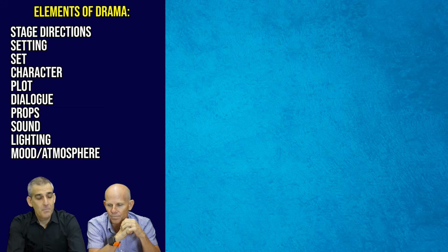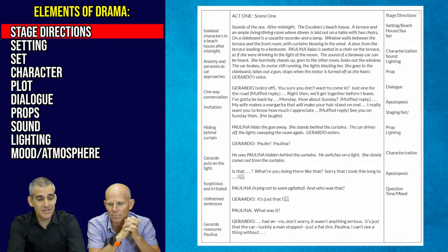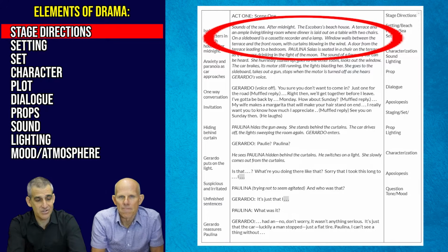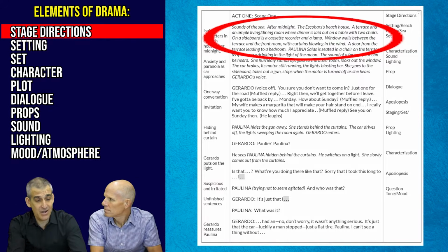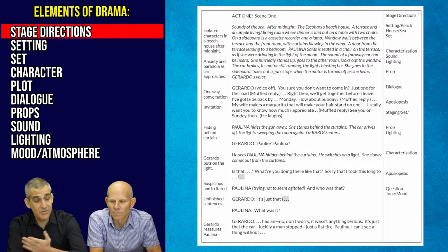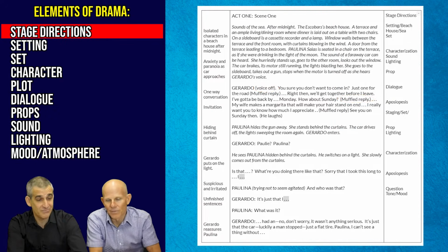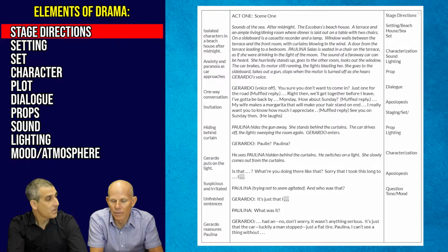Okay, Mr. Giles, I think the first thing we mentioned before was the stage directions. And right away when we look at the excerpt, I can see quite a bit of italicized language. And this is typical of stage directions. The language is italicized, characters' names are in all caps. And typically this is where the information can be found. There's a big brick of text at the top. And as you go through, you see the stage directions written in italics, oftentimes in parentheses. Yeah, those are your stage directions. That's right. And they're really fun there. I think that you can do a lot with those stage directions.